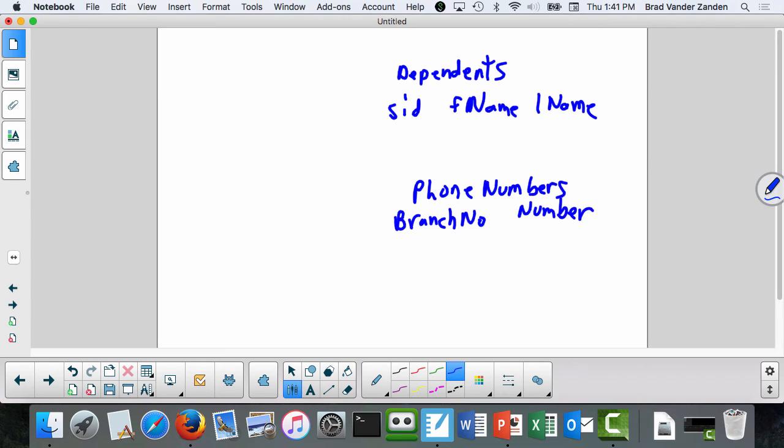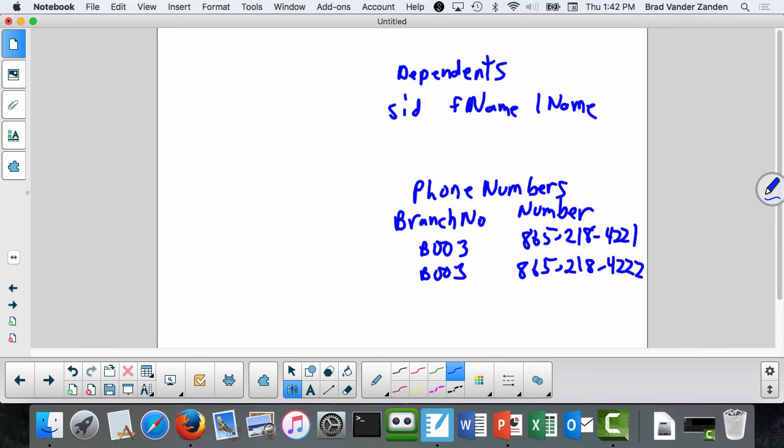Now it's okay because within phone numbers, while a branch may occur multiple times for any particular number, there's only one value for that number. So that's the solution when you take a multi-valued attribute and have to represent it in a relational database. You create a separate relation for it. So you would have something like branch and another one, phone number,